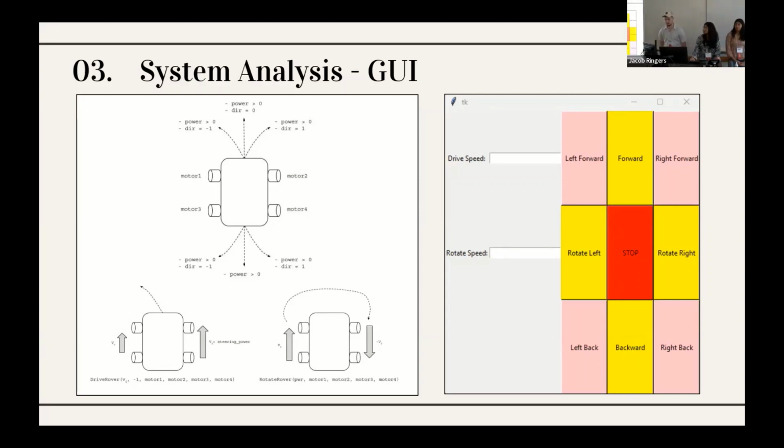So yeah, we are also beginning to develop a GUI just to make interfacing with the rover pretty easy. As I mentioned before, we wrote these motor control algorithms, and really what they are is just functions. You can pass parameters into these function calls in order to achieve steering or rotating. The diagram on your left shows the various movements that we wanted to achieve, of course forward and backward motion, as well as steering, as well as rotating about its